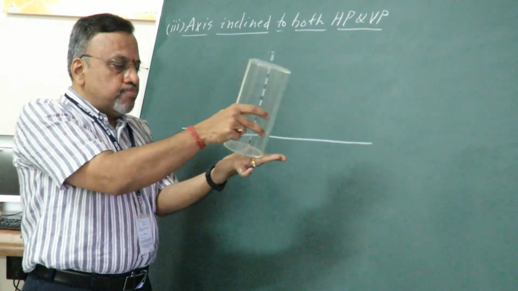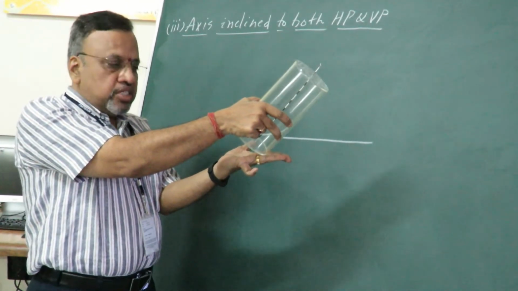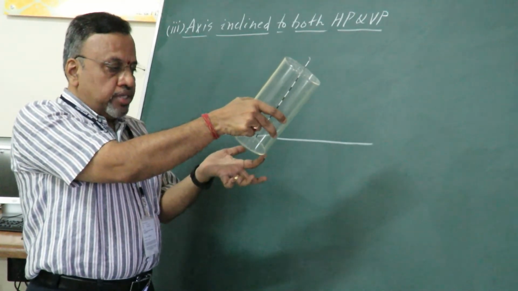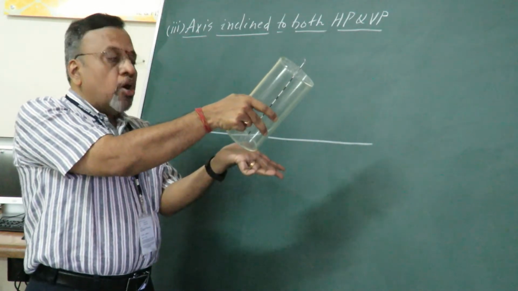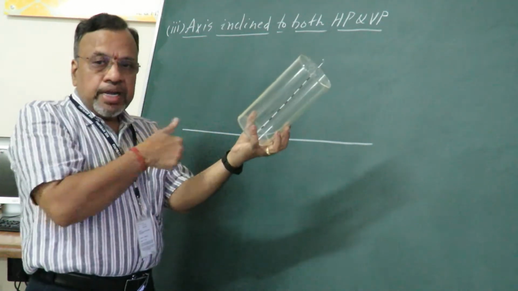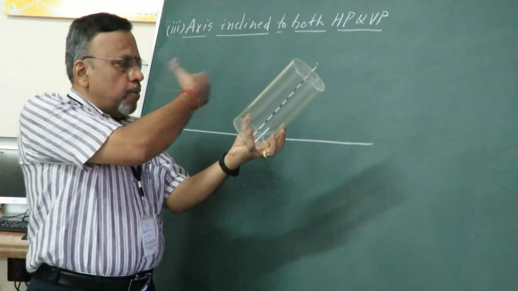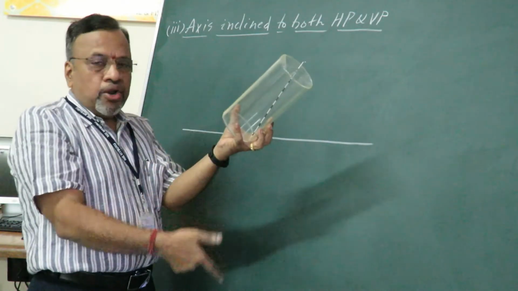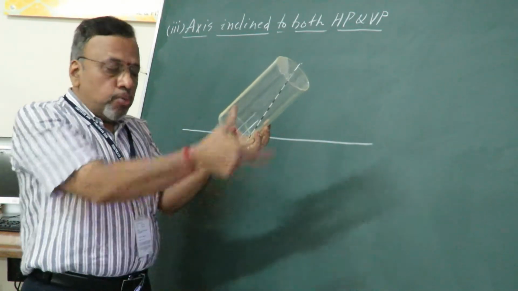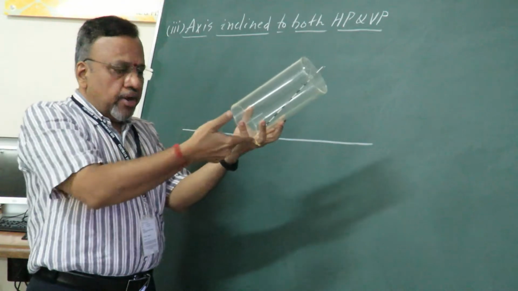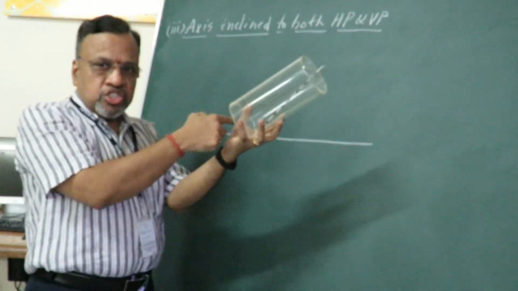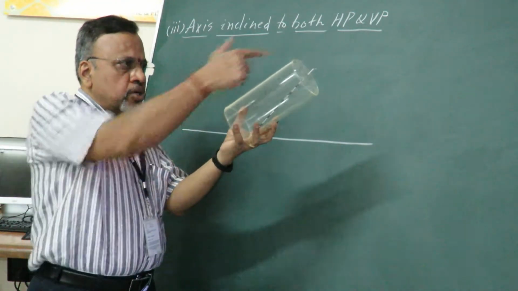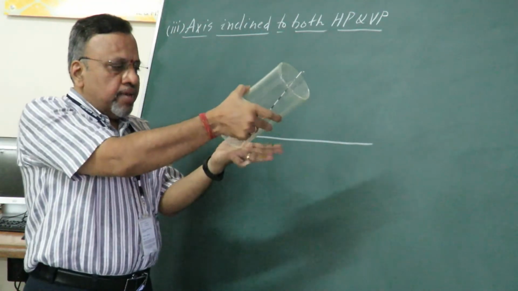In the second stage, I am just going to incline in this way. If I incline in this way, then this particular cylinder rests on a circumference point on HP, and not only that, the axis is inclined to HP. That is, I am going to redraw the front view and draw the corresponding top view. Now we can see that this particular base is inclined to HP. Since the circular base is inclined to HP, it will be seen as an ellipse, so I am going to get two ellipses. Is it okay? That is my second stage.